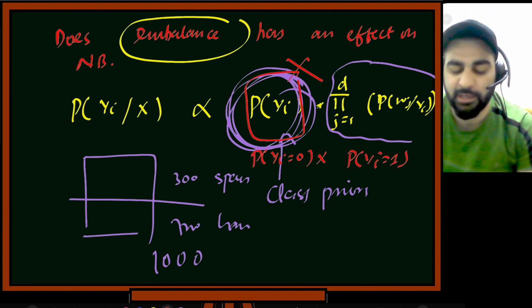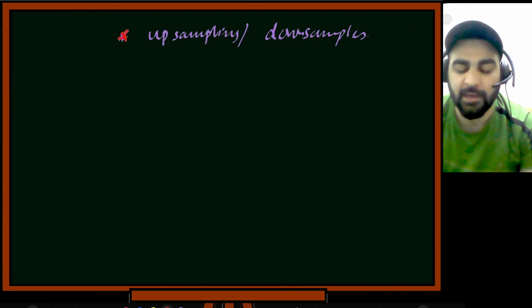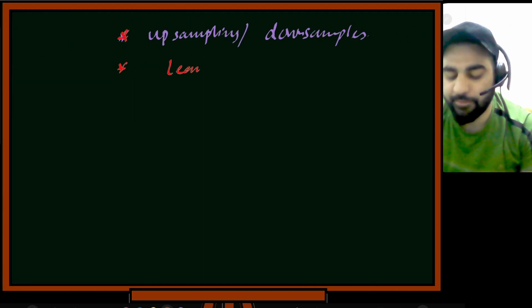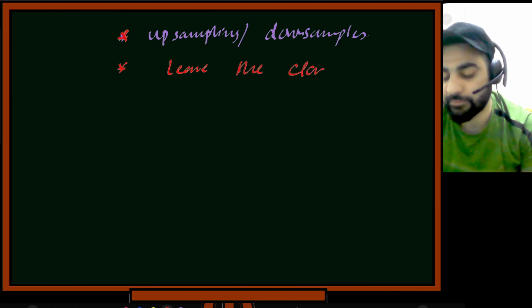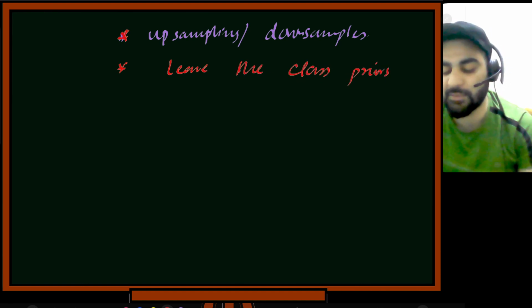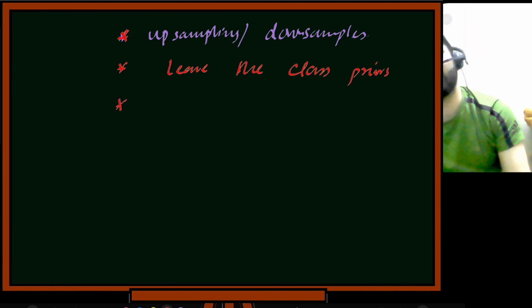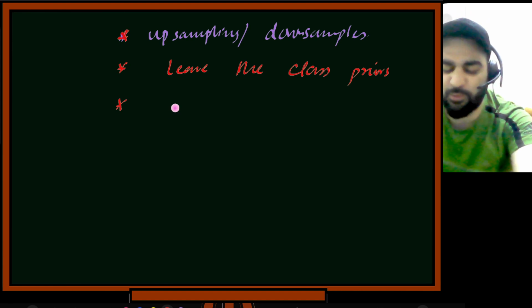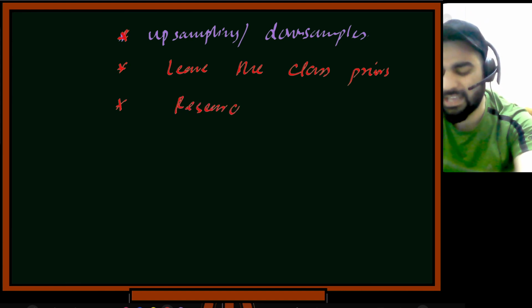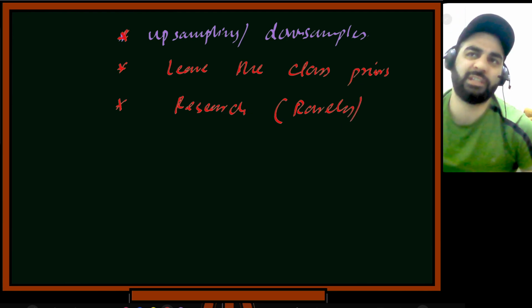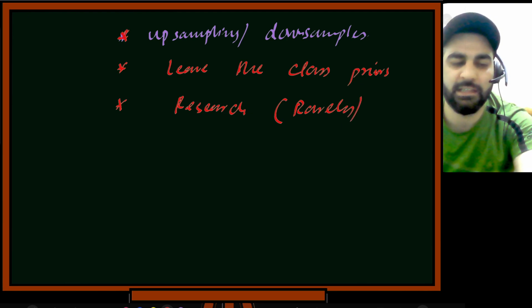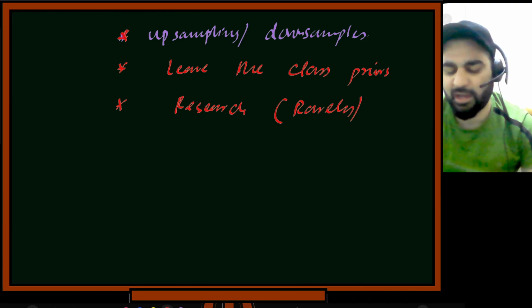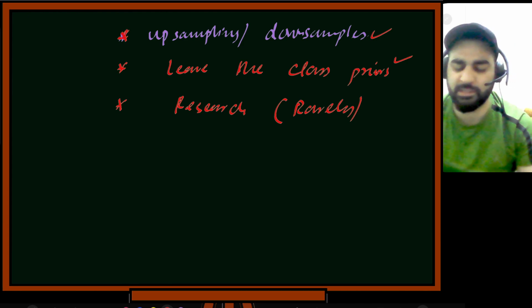Now we are just removing it. So this is one technique. So one technique is upsampling, downsampling. Then you can leave out the class priors, and then you can find some research papers. There are a lot of research papers which deal with this imbalance. I won't consider this a technique because they are very rarely used. There is complex research done on how to deal with the imbalance and things like that. So it's better to use upsampling or downsampling, or maybe just drop these class priors,